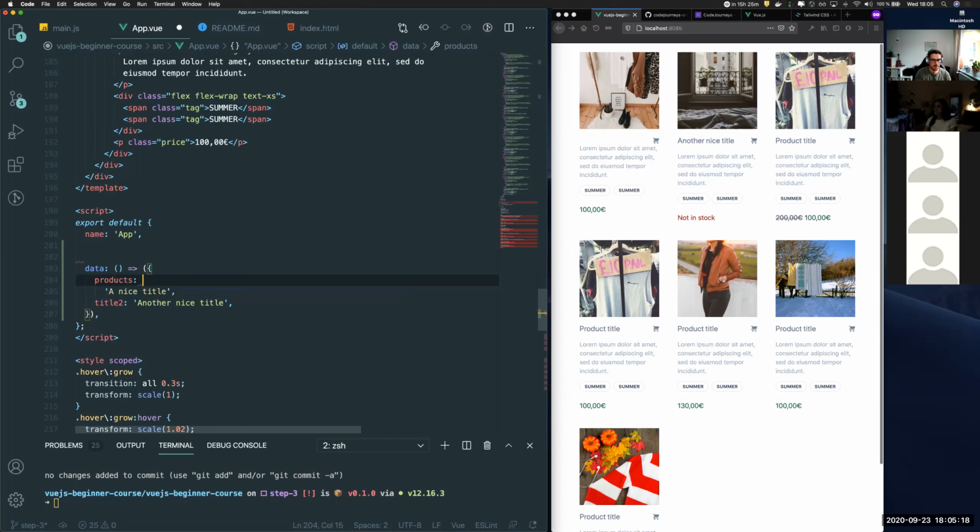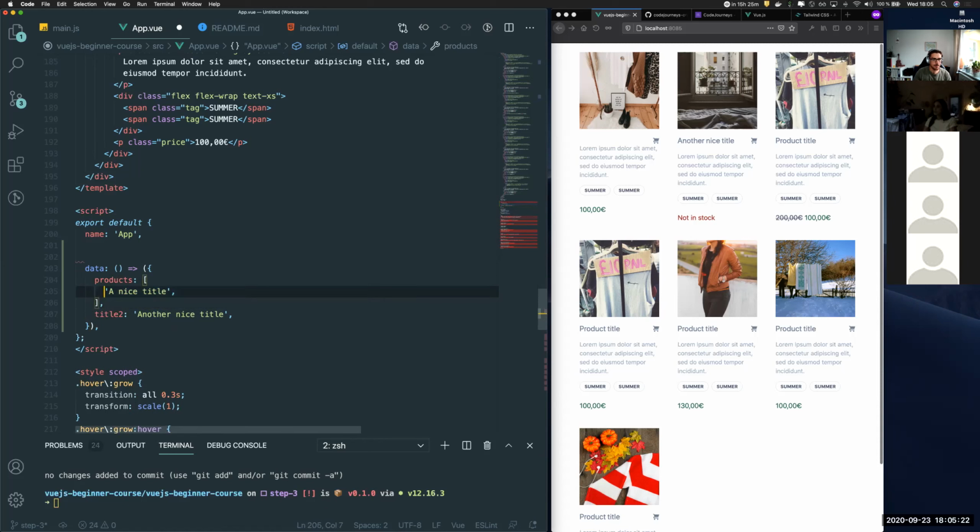Products is an array, and it's an array of objects. And this array of objects has our title, product title, then a description,